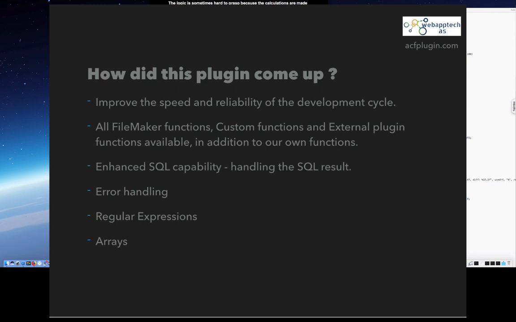In addition to that, call other ordinary custom functions and external plugin functions. We included SQL functions. You can use FM's execute SQL directly, or you can use ours that let you do insert, update, and more. In addition to that, we have array concepts.